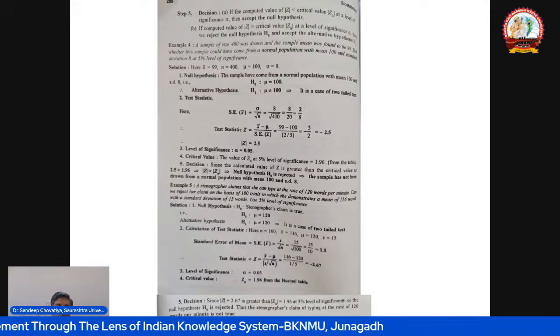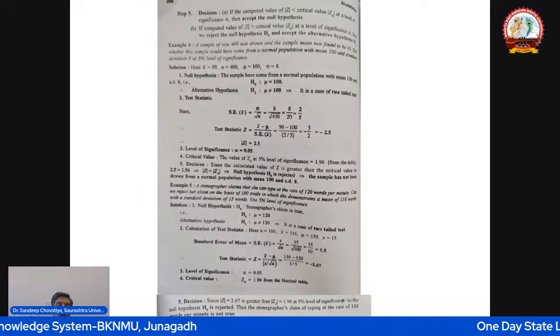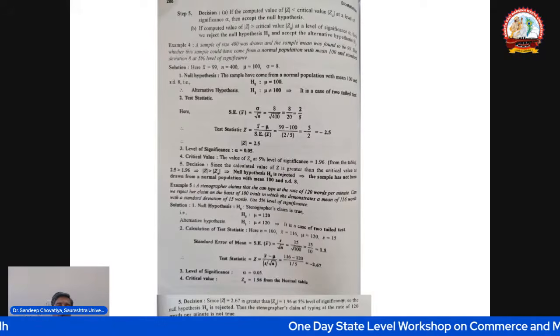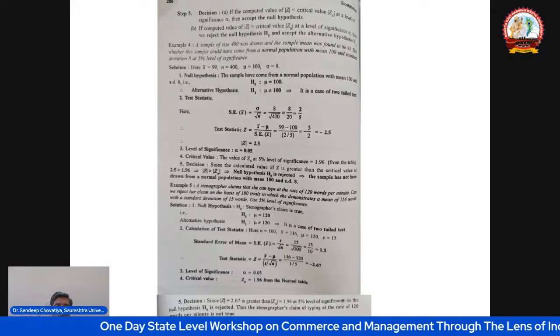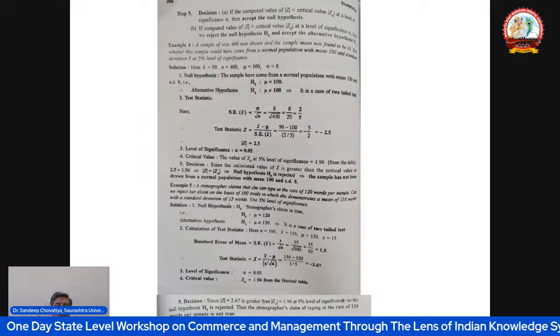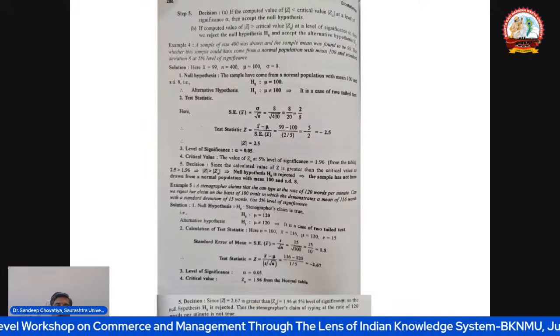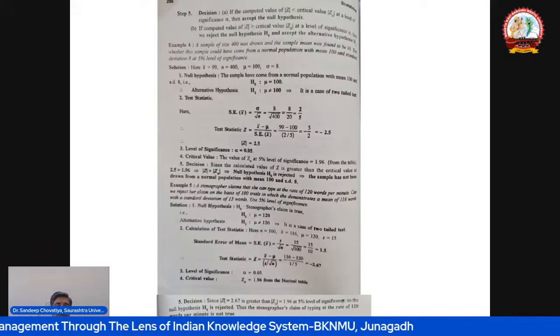Based on this we are able to decide whether the data are significant or not. So, based on the value we find here, if the value is less than the critical value, which comes from the table of the Z distribution,